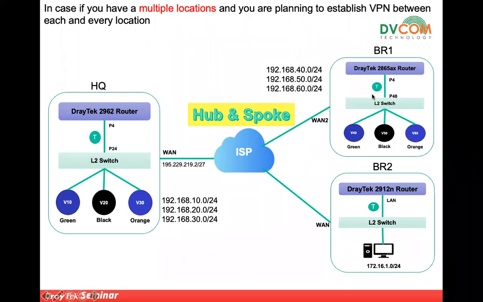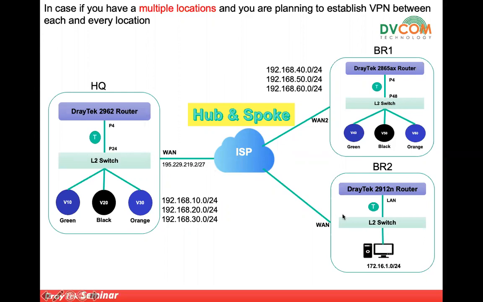Then after that, in the branch sites, either you have a DHCP or you have a dynamic public IP, it doesn't matter. So simply what you can do, you can establish branch to HQ, and from all the branches, you need to establish one VPN tunnel towards HQ. Then after that, in each branch, you can change your routing table according to your criteria, according to your networks. Then after that, if branch 1 wants to talk to branch 2, all the way the traffic will go to the HQ.